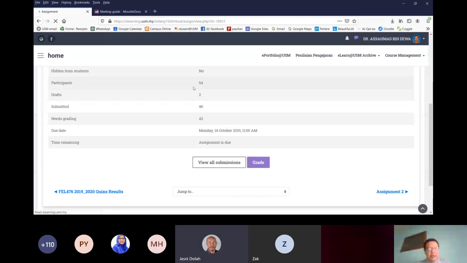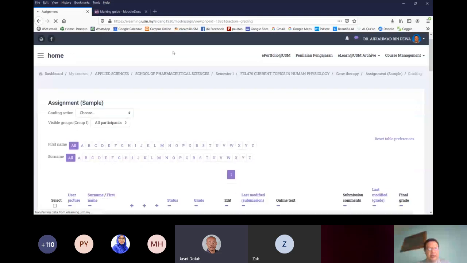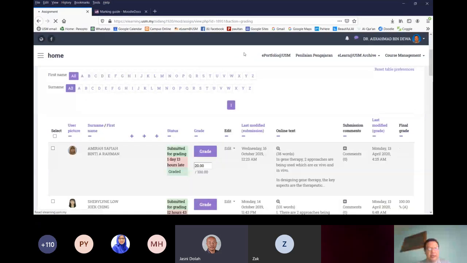Okay, this is the example. If you have created an assignment and students have submitted, you will be able to see this information. You will see the student, and then